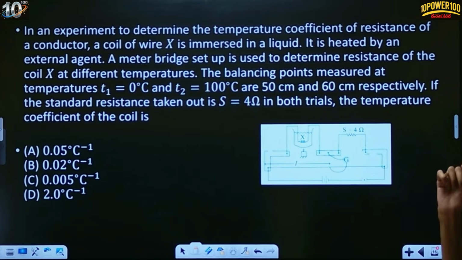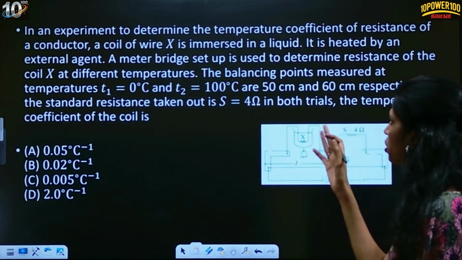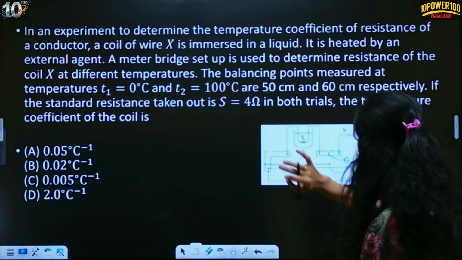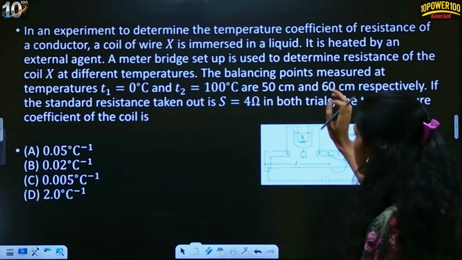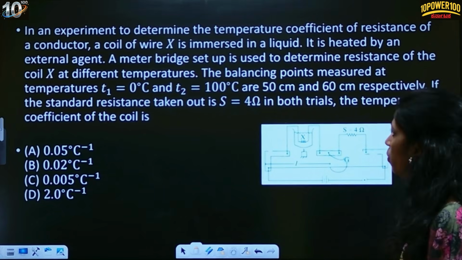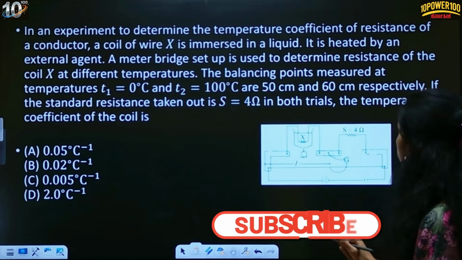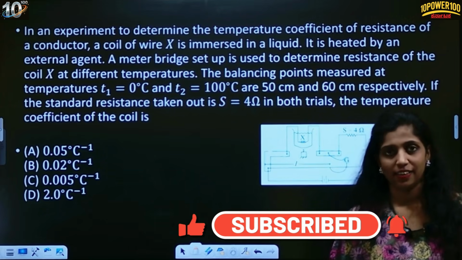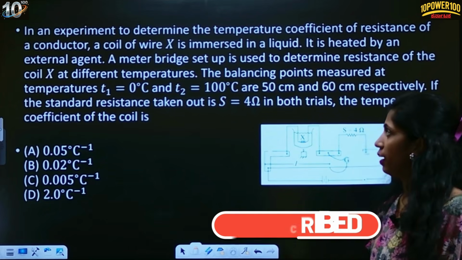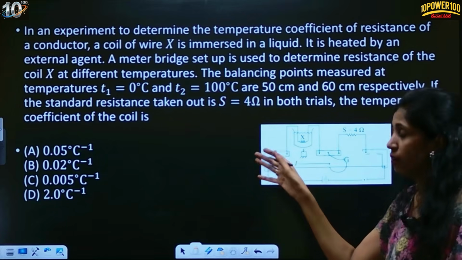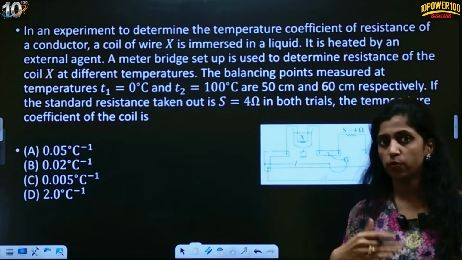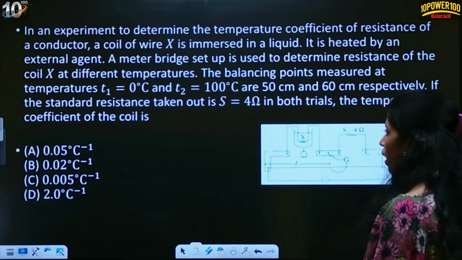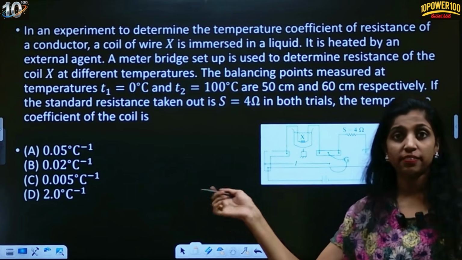Okay, this is again a similar question. So for the temperature coefficient, please use the same formula here. T1 is there, T2 is there, and S is already given here. And the lengths are 50 and 60 centimeter. Now just try to do this. Meter bridges are deleted, yes, it is deleted in our board syllabus. So please try to do this and see how it works. The same formula which I applied previously you can apply. If you're not getting it, let me know, and please put in the comments what answer you're getting over here.